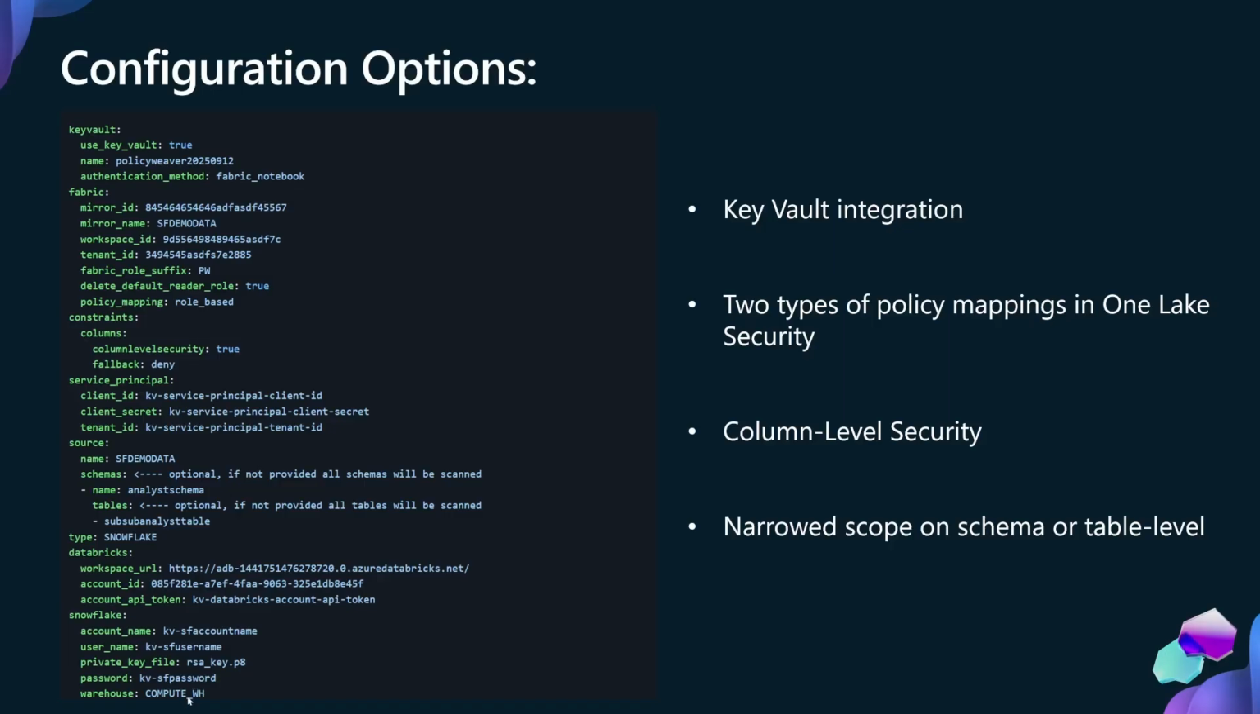We have some Key Vault integration. That means you don't have to put all the credentials directly in this config file. These credentials, also for the service principal, would be looked up in the key vault. If you want to use that, you specify here that you want to use the key vault, you give the name of the key vault, and then you say which authentication method you want to use to connect to the key vault. You have two options here. One is fabric_notebook, which means it would use the context of the user who's running the notebook. So the user running the notebook needs access to the key vault,